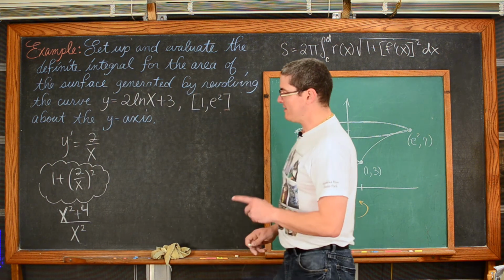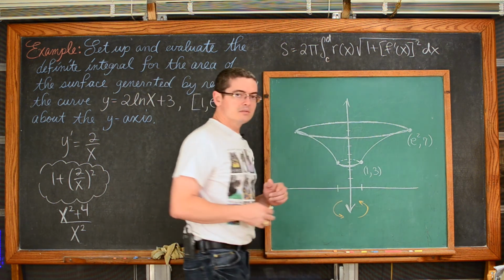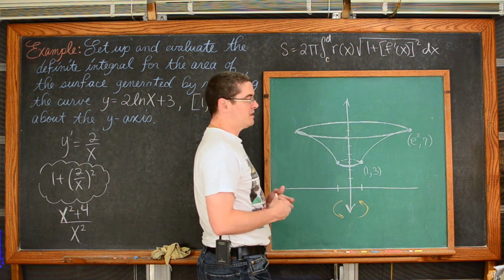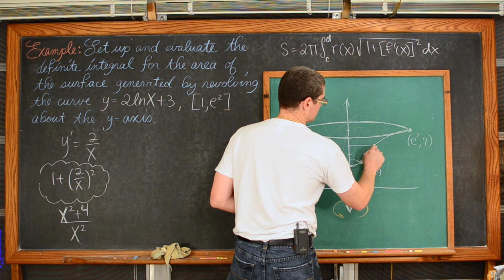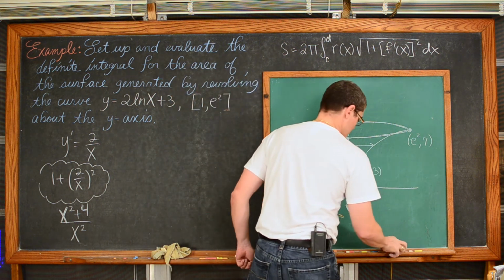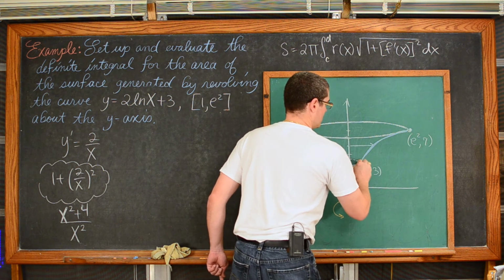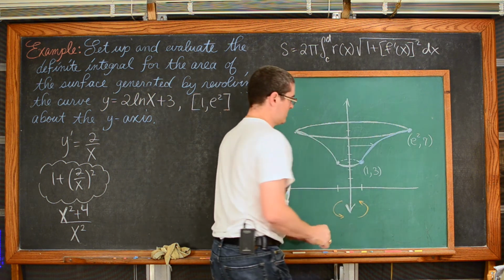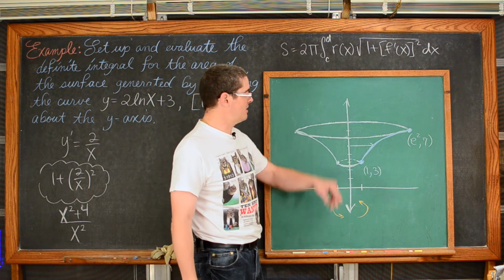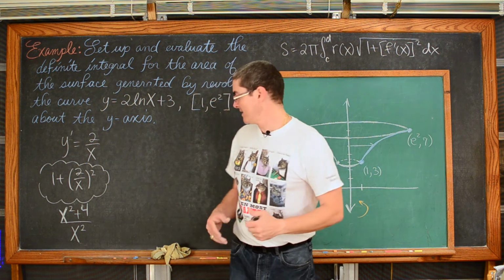Okay, so now we have that 1 plus f prime of x. Again, our function is y in terms of x, so can I calculate a radius that's going to be in terms of x? That's going to be the x of our, oh, I didn't highlight the portion of this curve which we're moving around. That's from 1 to e squared. And the x from our function minus the x from our axis of rotation is just x, right? x minus 0. So our radius is just going to be x again.